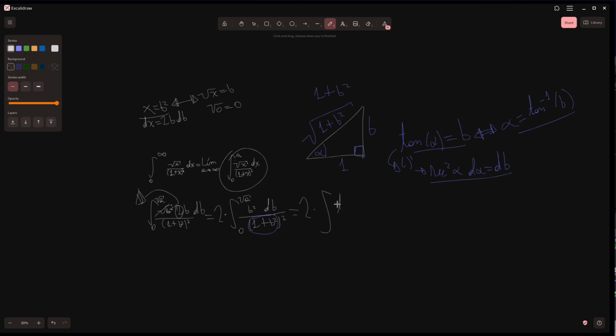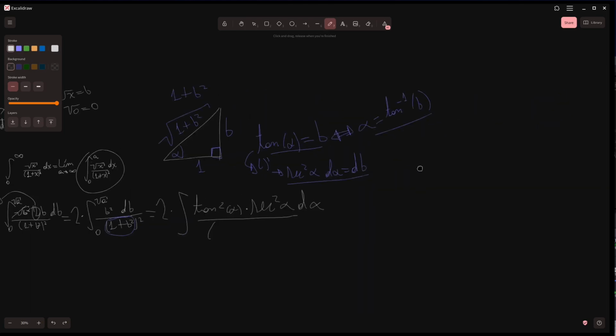So the tangent square of the angle, dv should be the secant square of the angle times d alpha. And below here we have 1 plus v squared, and that should be, let me see,